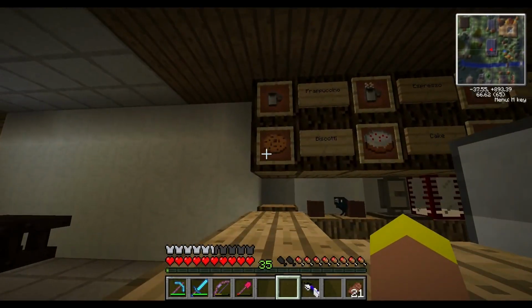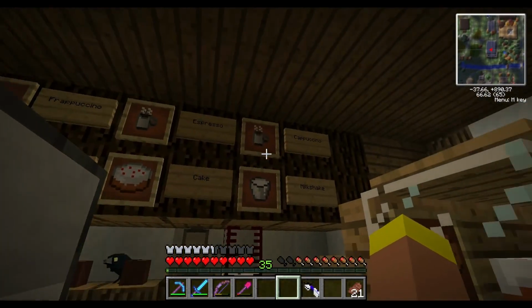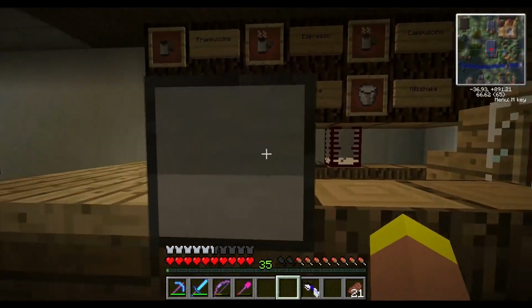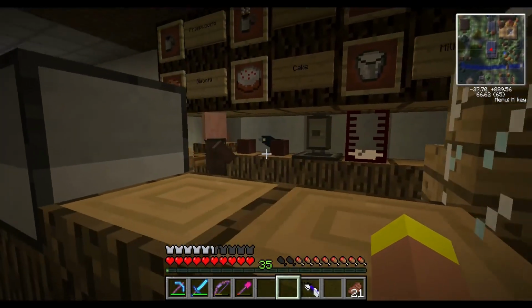Yeah, we did the sign, which I've now finished. Frappuccinos, biscottis, espressos, cake, cappuccinos and milkshakes, all at Starbucks. And you can be served by the very helpful and polite...